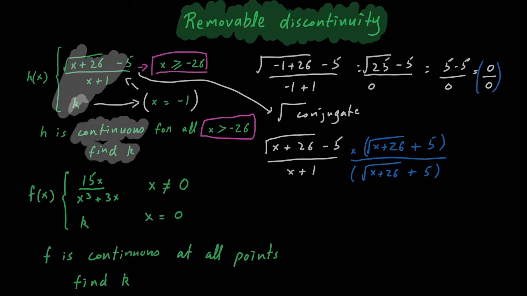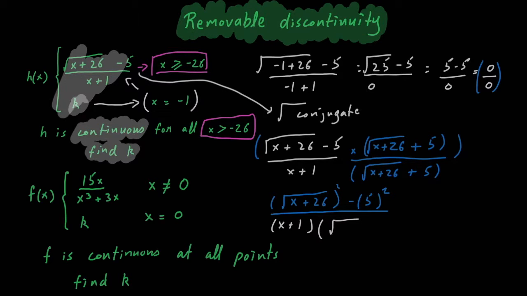Now if you remember, we said that we'll only simplify the expression which has the under root initially, so we'll leave the denominator as it is, and in the numerator, if we simplify, we will get x plus 26 under root square minus 5 square divided by the same x plus 1 and under root x plus 26 plus 5. Now this will become x plus 26 minus 25 divided by x plus 1 under root x plus 26 plus 5,